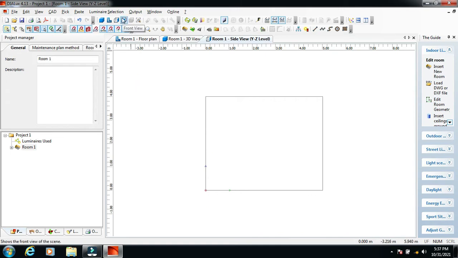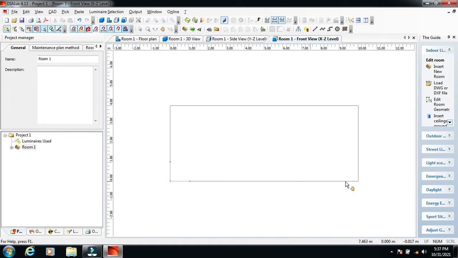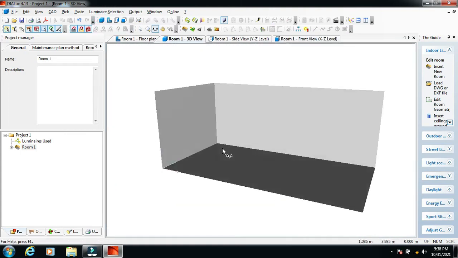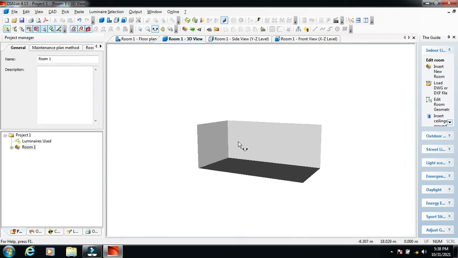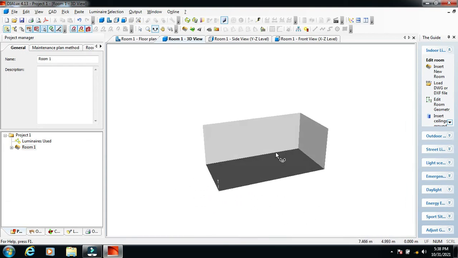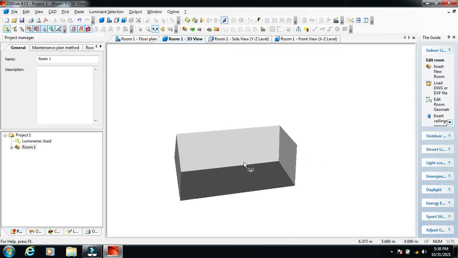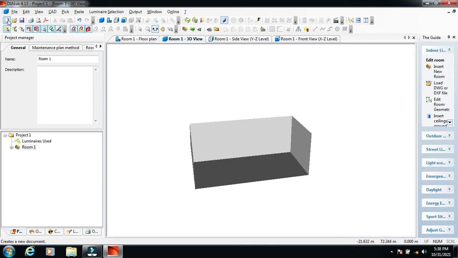And if you have to see from the front view, this is the room. So the length and the height can be seen, and this is the three-dimensional view. So there are multiple ways how we do lighting, but today I will just take you through a glimpse of the interface of this Dialux software, what are the terminologies or the window panes that are shown here, and what are their usage.